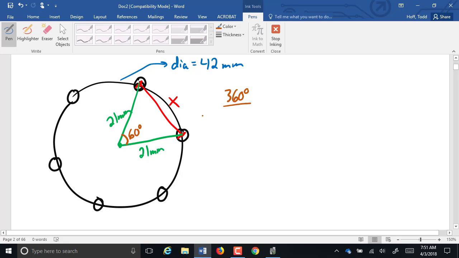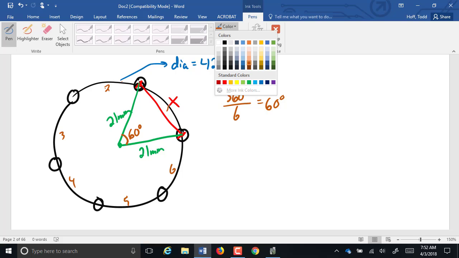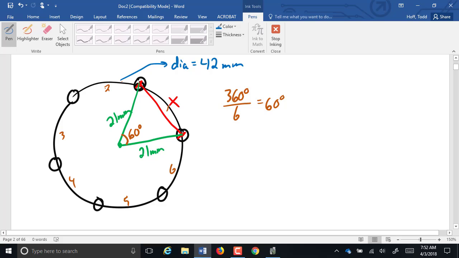You got it. 360 degrees is a full circle. There are 6 of those spaces. 1, 2, 3, 4, 5, 6. So divide by 6 gives you 60 degrees. That is not a right triangle. Well,